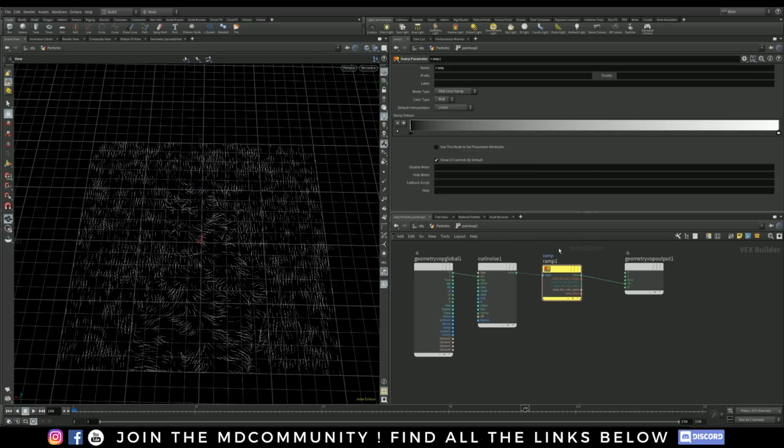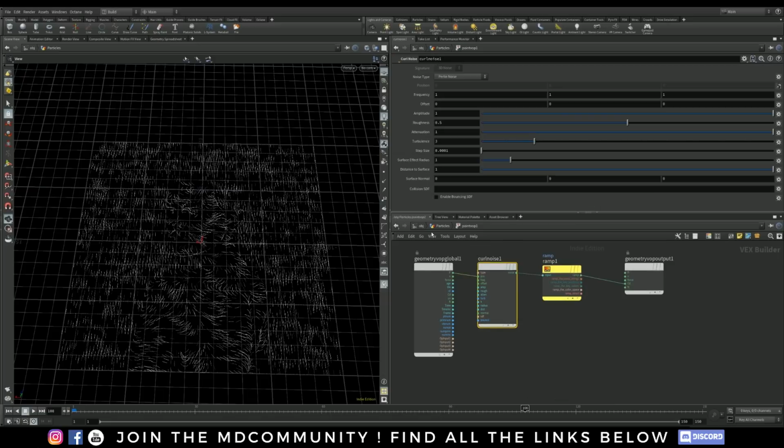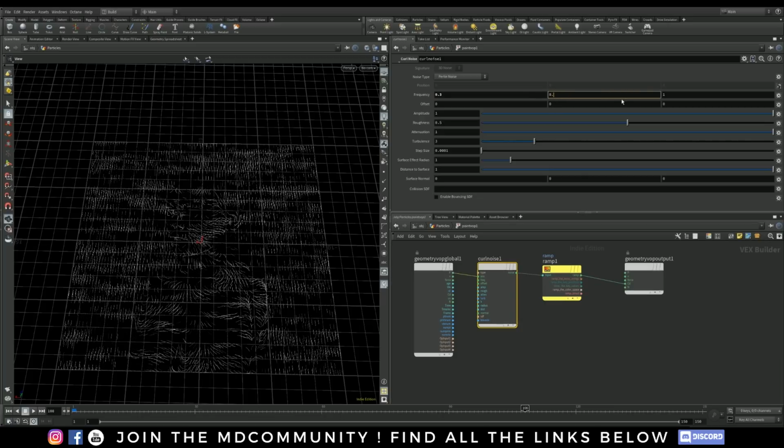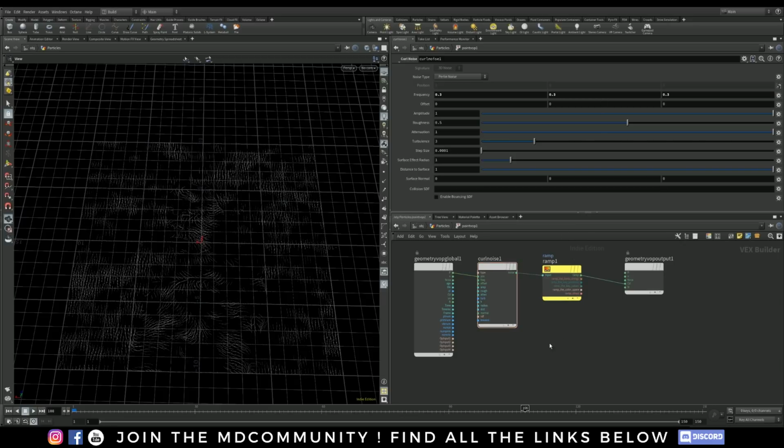And with this ramp node, we can change the gradient of the colors we want. As for now, I want to decrease the frequency of the noise. We don't care about the Y, but okay. Go up,